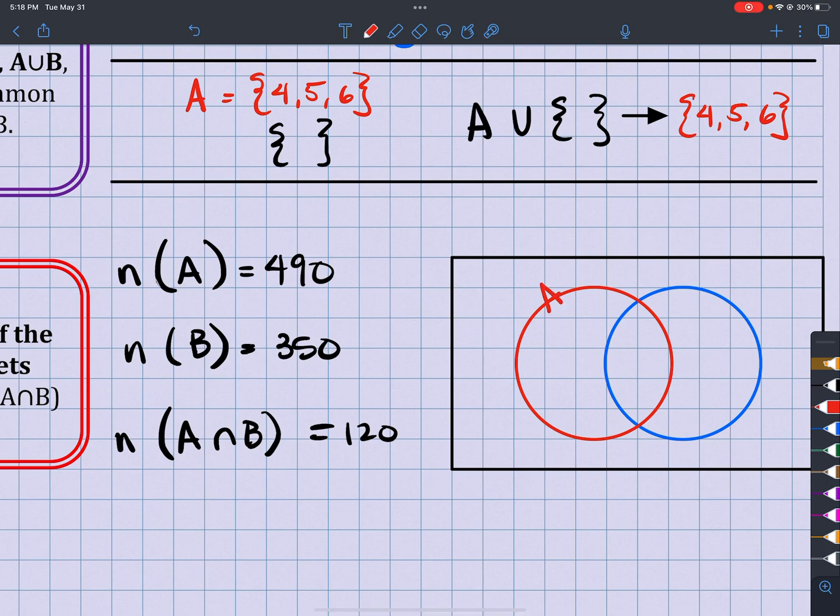A has a total of, so the red area right here has 490. I'm just going to have to write it outside here. The blue,